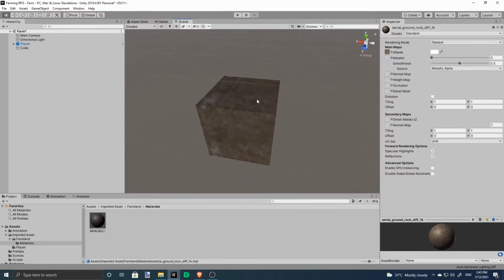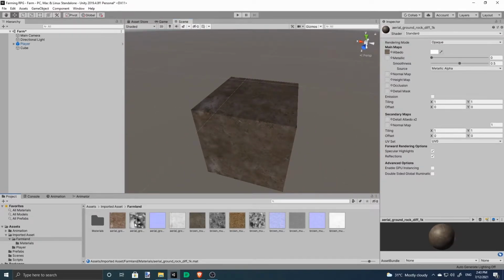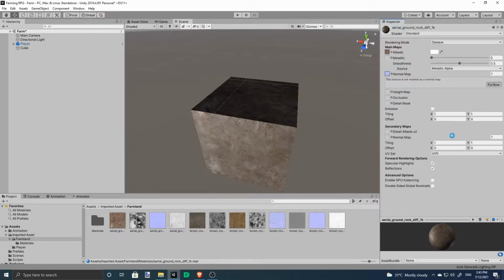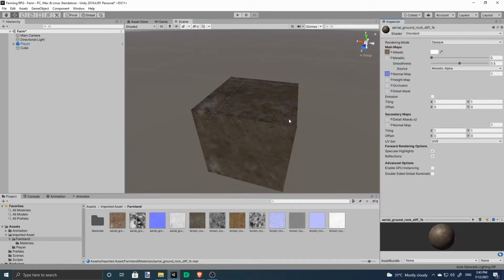We create a new material by dragging the albedo texture onto the cube. See, there's a new material here. So let's configure it. So we bring the normal map here, mark it as a normal map.